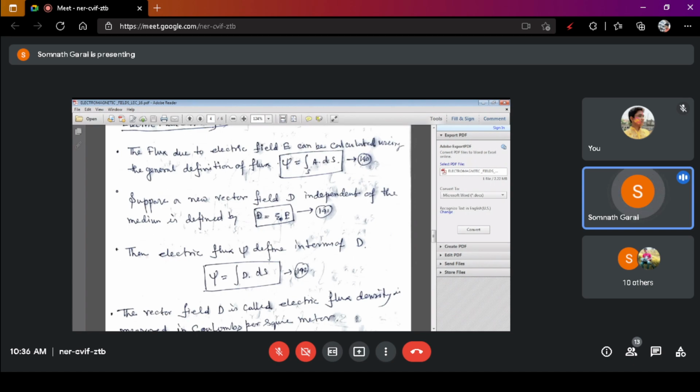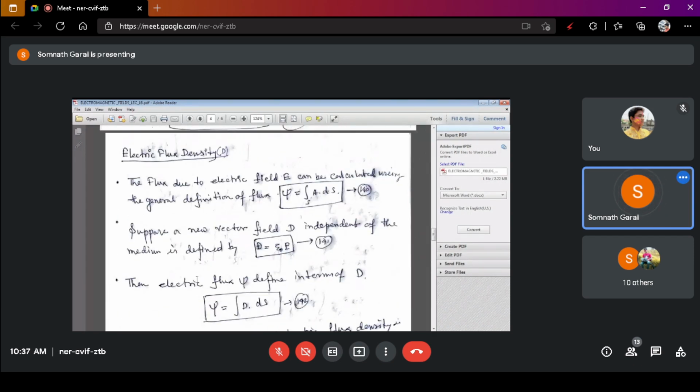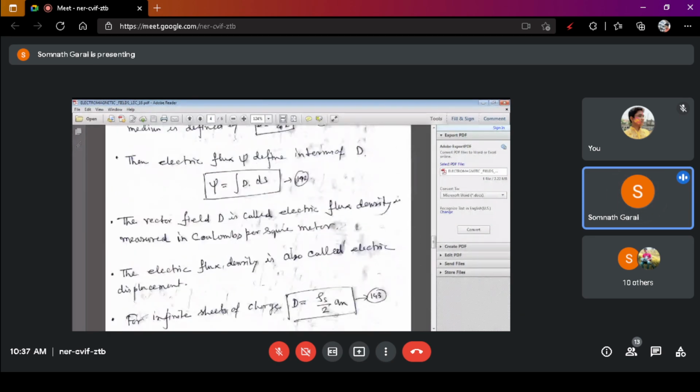Now the electric flux was also calculated in the earlier case, that is phi is equals to integration over D dot dS, right? So from this equation we can calculate the electric flux, D dot dS. It will be explained in the next class by Maxwell equation. Okay. So our main equation for the electric flux density is D is equals to epsilon naught into E, right?